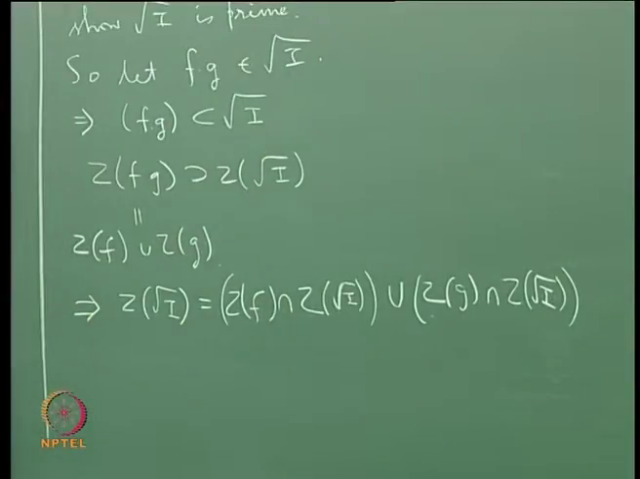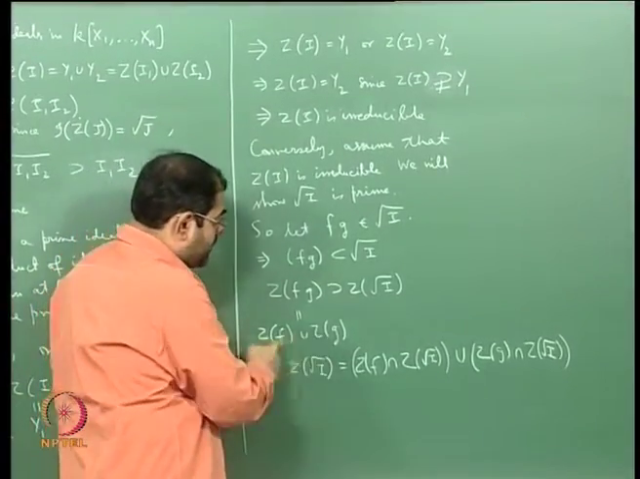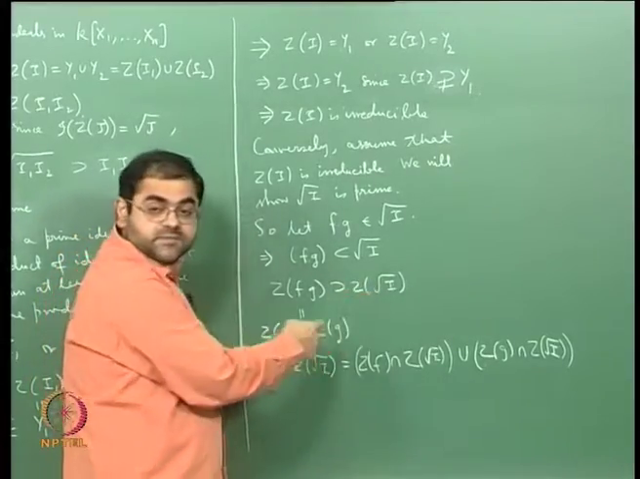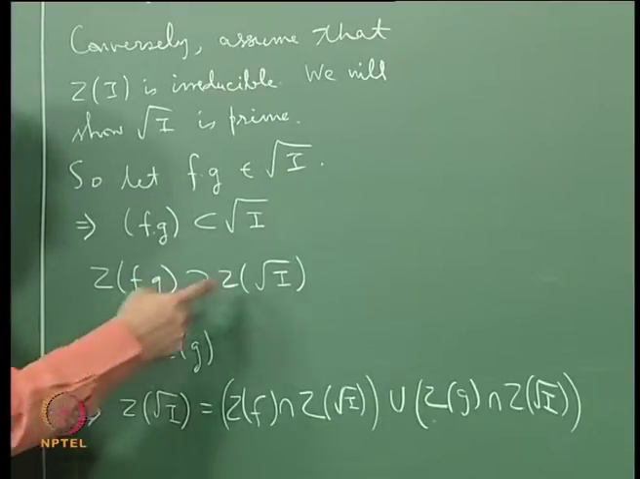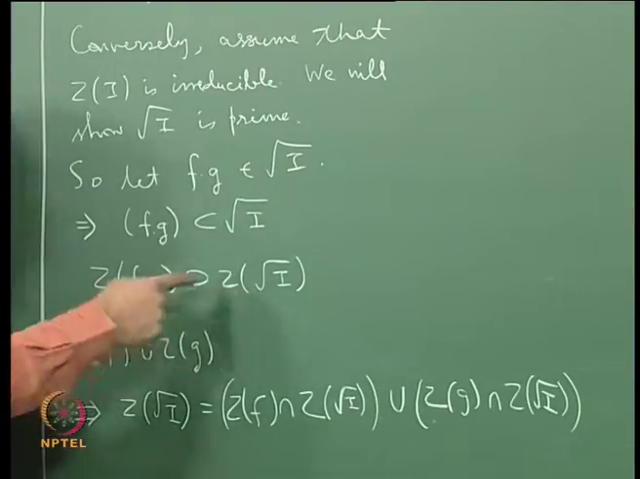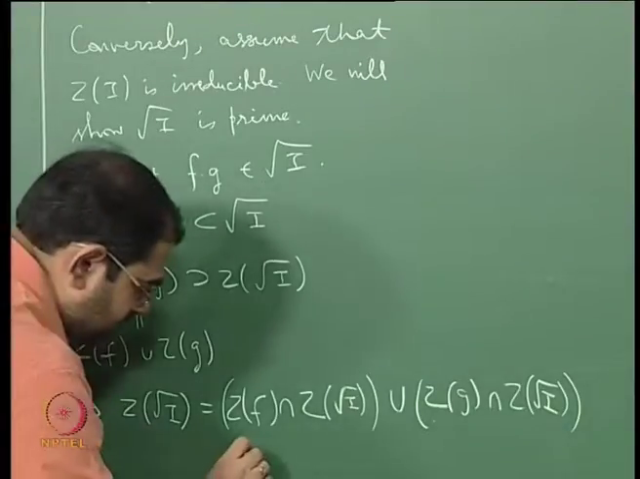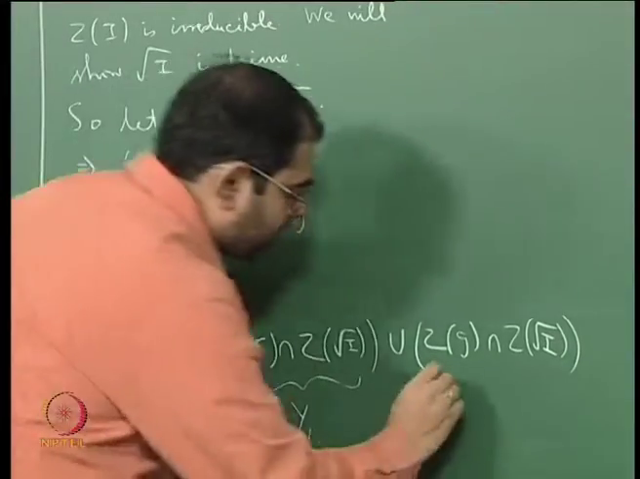You see Z of f is a closed set, and this union contains Z of rad I, so if you intersect this with the smaller subset, you will get back the smaller subset. So if I intersect this with Z of rad I, I should get Z of rad I. And intersection, as you know, distributes over the union by simple set theory. Okay, so you get this, but what you must realize is that, if I call this y1 and if I call this y2,